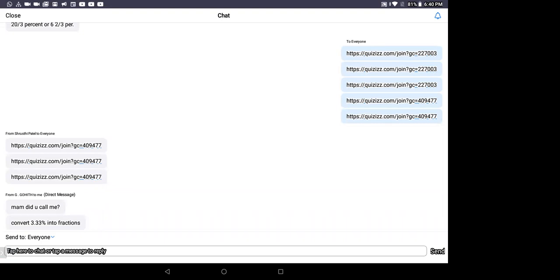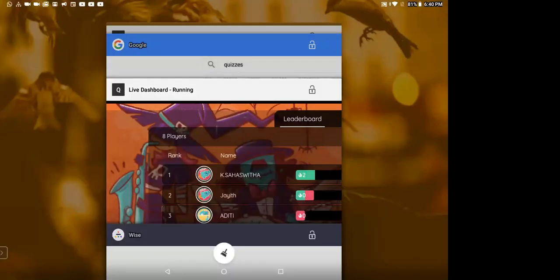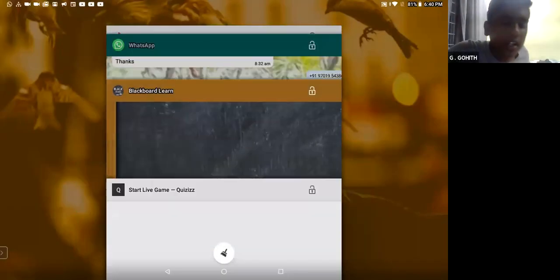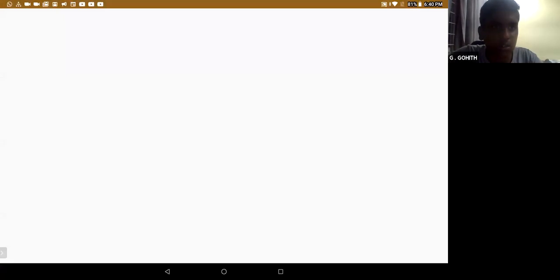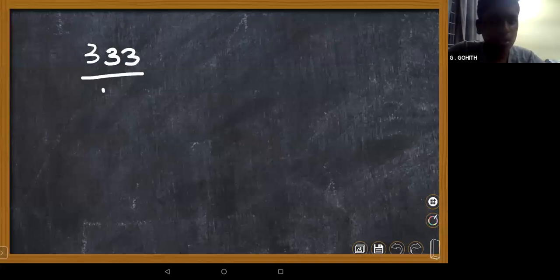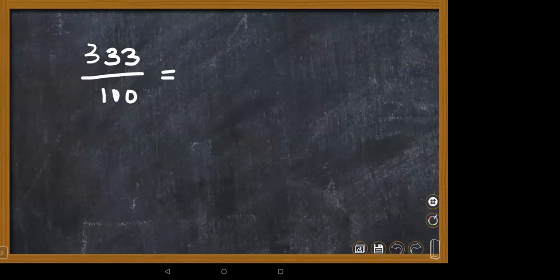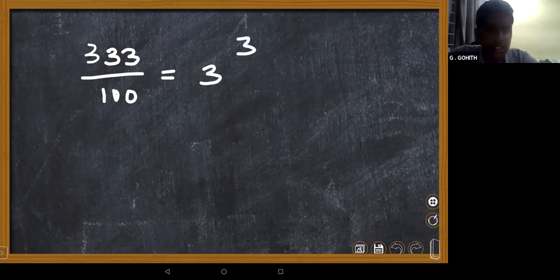Convert .333% into a fraction: 333 by 100, Nana. Yes, ma'am, I kept 333 by 100, but it showed a wrong answer. No, it's correct. Absolutely correct. Ma'am, I did two questions like that, both are correct, but it is showing me wrong. Don't worry. No, it is absolutely correct. If any simplest form is there, please check it. If you have any mixed fractions, just see that. No, ma'am, there are just three.